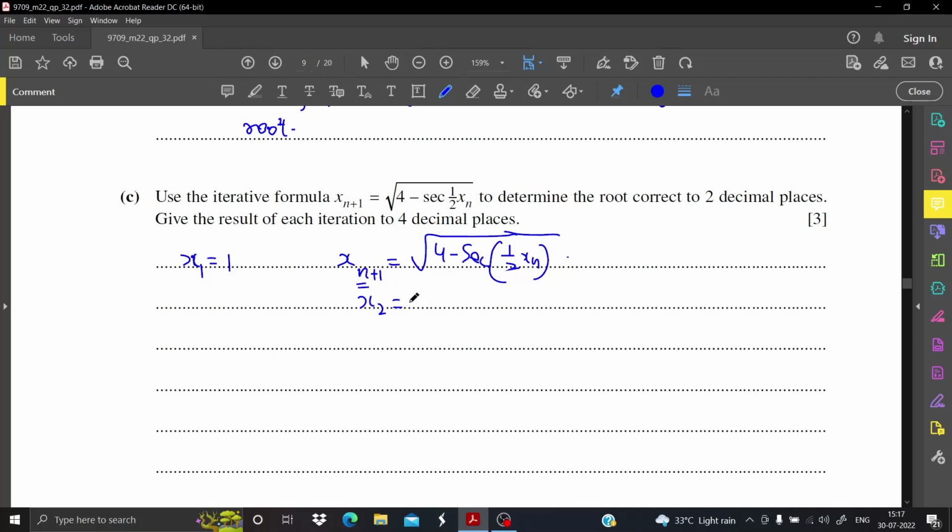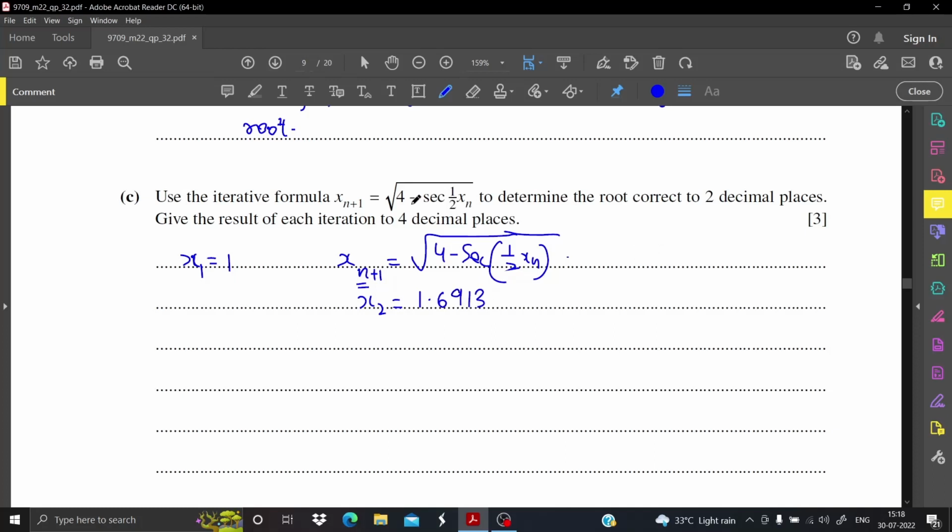So I'll tell you a very simple way how to put this in the calculator. The initial value is 1. So type 1 in the calculator and store your answer as 1. After that, you can check your answer is 1 now. So input root of 4 minus secant, so 1 by cos, half times, instead of x n, you'll type your answer, close the bracket, and press equal to. The first value you will get is